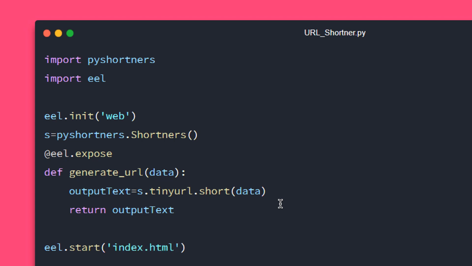Now the next argument is the size. So let me just type in size. Now you can pass in any values for height and width. In my case, I will be typing in 1000 and 600. So this is it. Now you can shorten the link of any data given by the JavaScript and then return the output text to the JavaScript side.